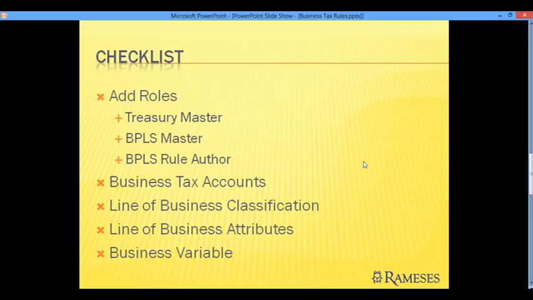Next, we will check the business tax accounts to see if the appropriate accounts are there, and check the line of business classification. Then we'll also add some business attributes, and we will also create our business variables for some businesses.